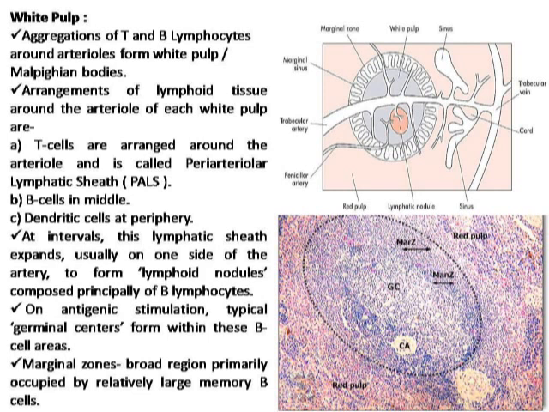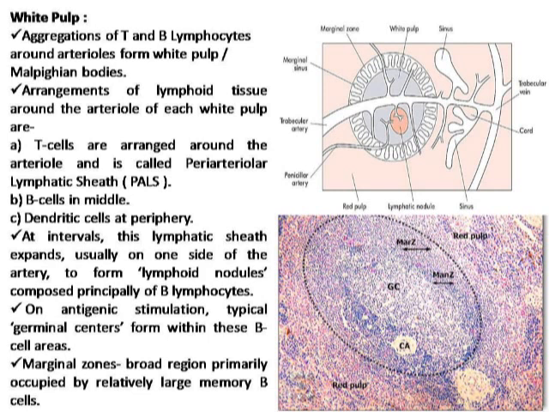And the branches of the central arterioles are surrounded by the sharply defined areas of B lymphocytes comprising the lymphatic follicles of the spleen. And there are two types of lymphatic follicles depending on the feature of the B lymphocytes that comprise them, the primary follicle and the secondary follicle.